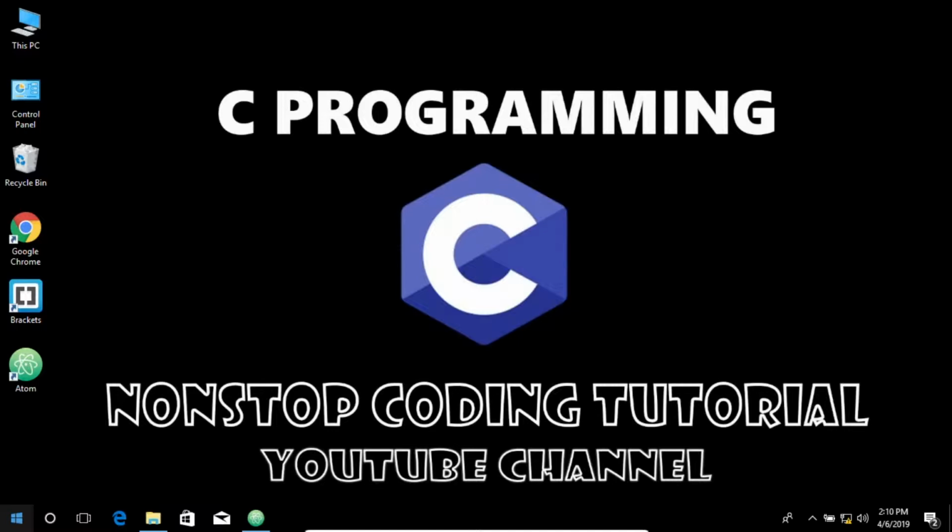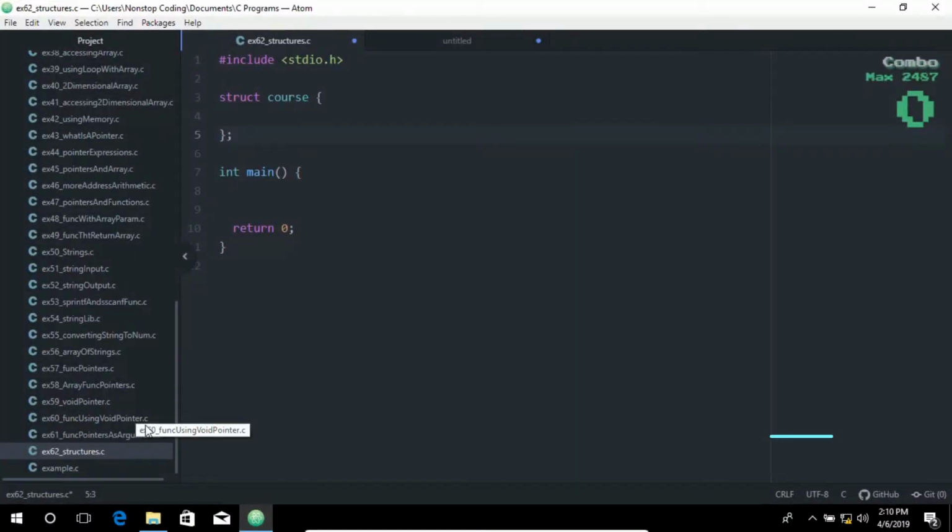Hey there! Today we're going to learn about the structures in C. So let's get started. Let me open up this editor, and as you can see I have this file created a while ago,